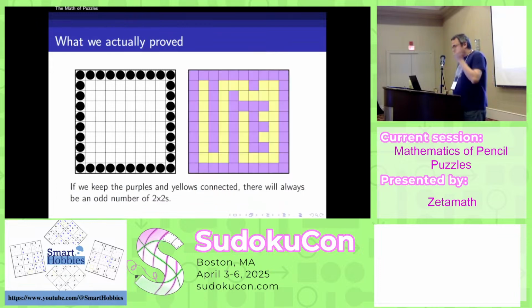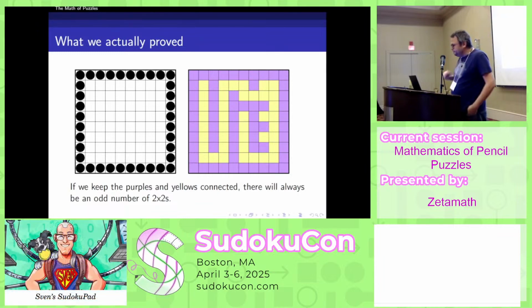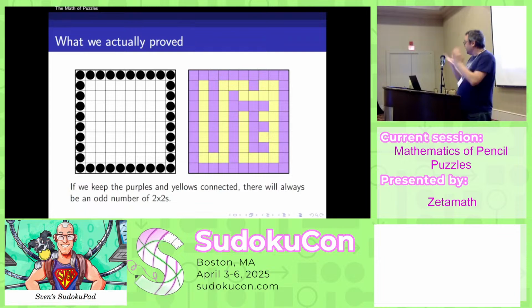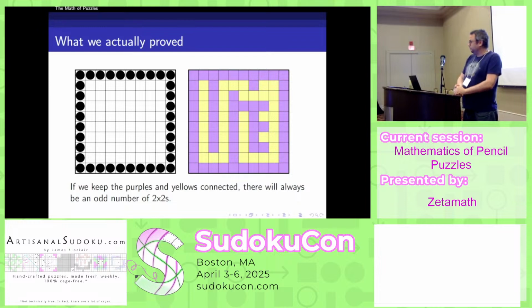Okay. Whereas in this instance, so here's my attempt, very noble attempt to finish this. And note it didn't work, of course, because there's a 2 by 2 here. But if you think about what we actually proved, something even stronger than what I claimed, which is we actually claimed that if you forget one of the rules of yin-yang, if you forget about the no 2 by 2s rule, so in other words, if you make the rules of yin-yang one rule, which is that the yellow are connected and the purple are connected,